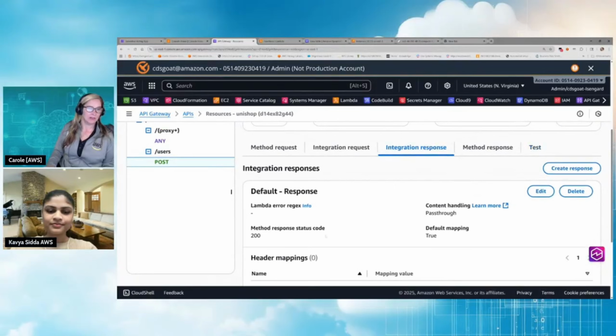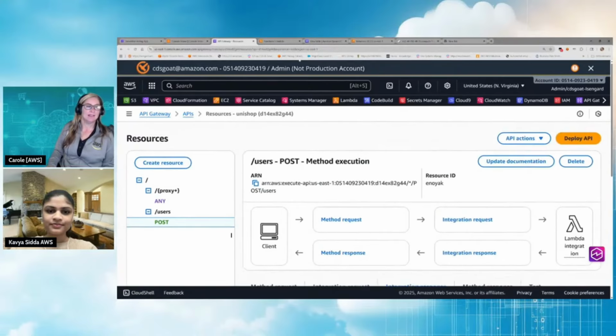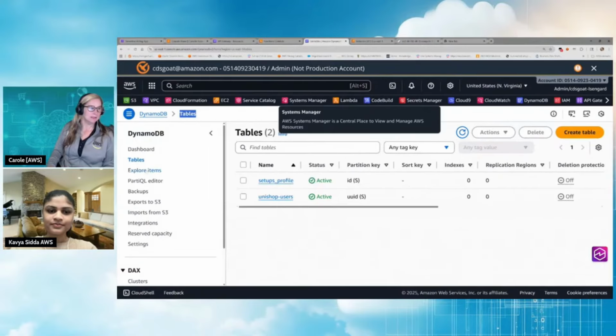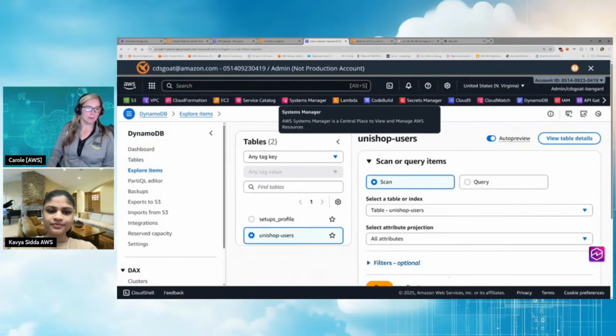And I want to make sure this is a post method. And let's take a look at the DynamoDB again. So if we want to explore items, Unishop users,